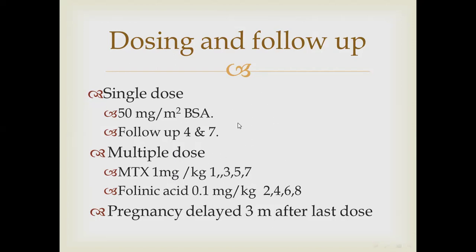And if there is a decrease by more than 15% in both regimens, we should check beta HCG every week till it becomes negative. Should the patient be allowed to become pregnant, it is preferred to delay pregnancy at least 3 months after the last dose of methotrexate, to ensure that there is no methotrexate stored in the body which can cause congenital anomaly. Thanks a lot.